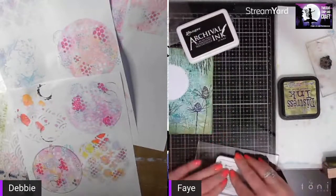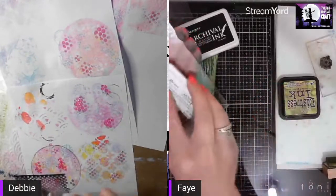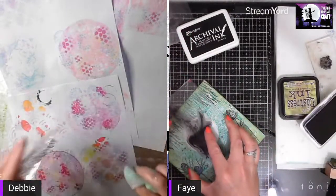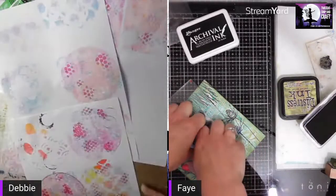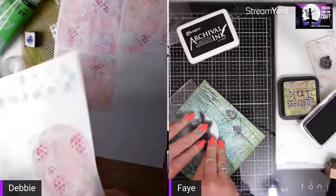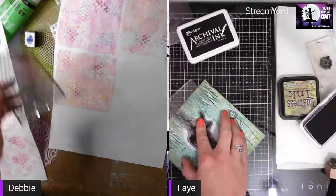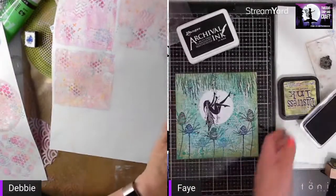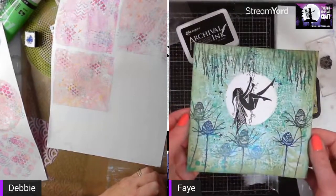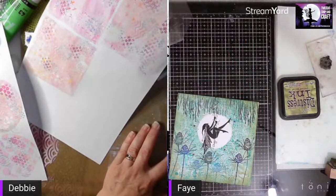Right, I'm going to really ink this fairy, and I'm just going to go for it. And then stand up. Got to let it soak. It's nerve-wracking. Yes. Perfect. Oh, beautiful. It's so stressful. After all that work. Yeah, that is stamped perfectly. So archival, black archival is good. And then